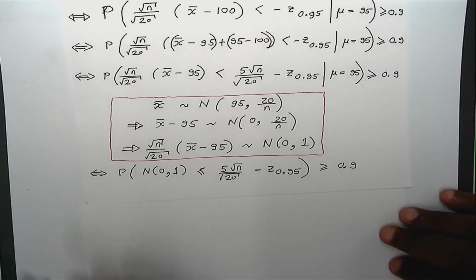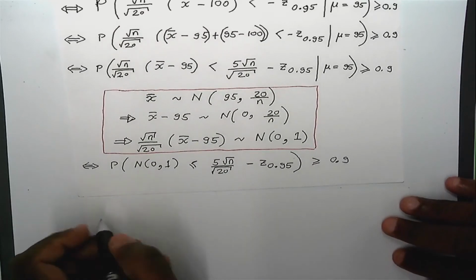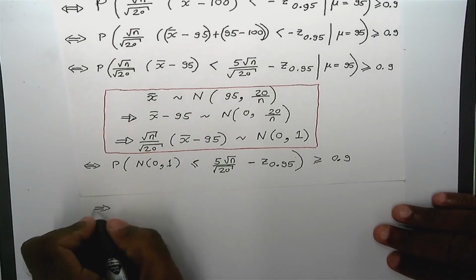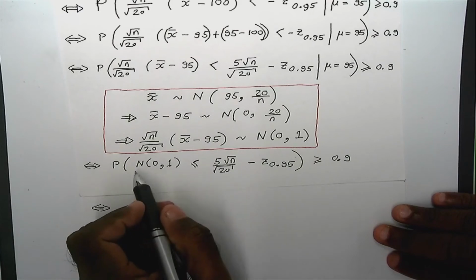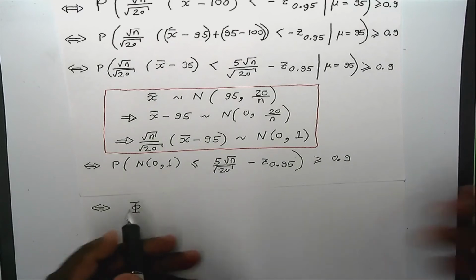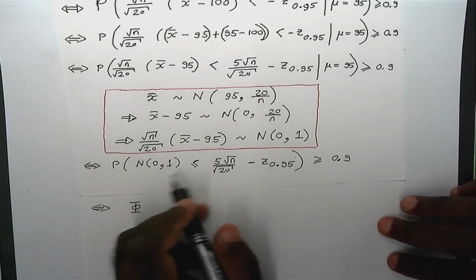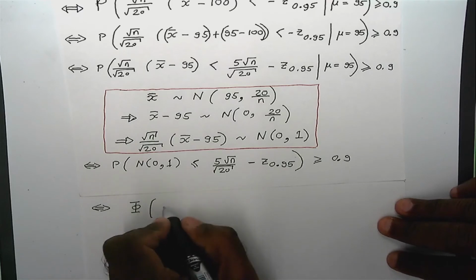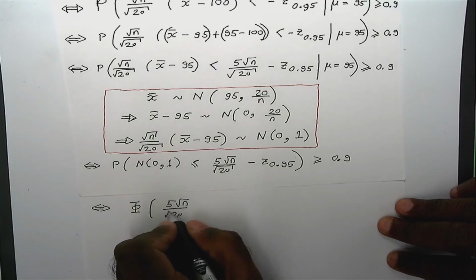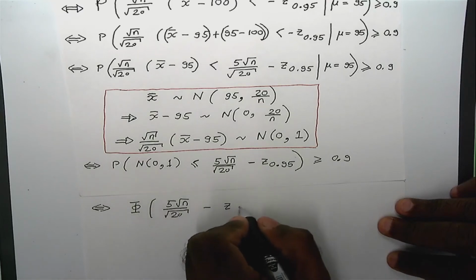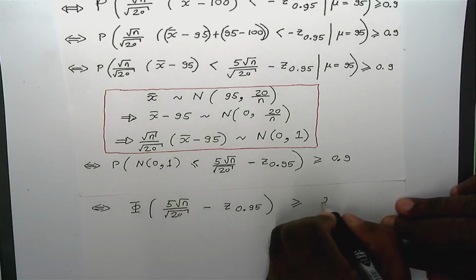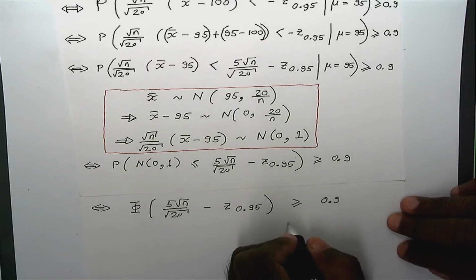So in the next line, I'm gonna write the probability that phi, remember phi is the notation for the CDF of standard normal. So this is same as phi at